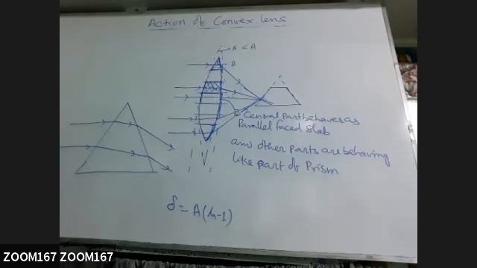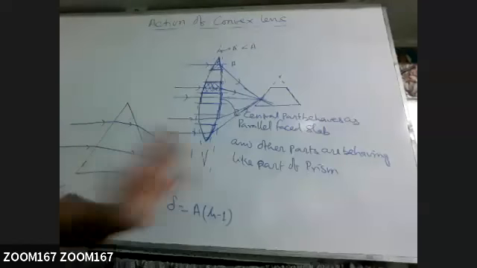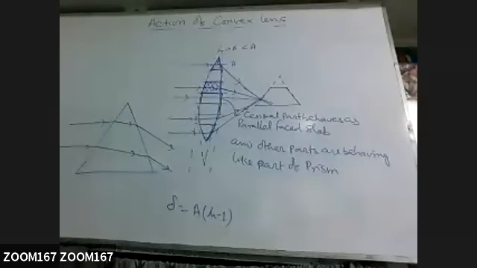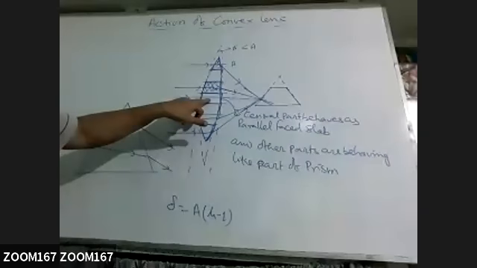Yes. Did you understand? Yes. So what is happening here? Different parts of the lens are behaving as prisms of different angles. The angle of prism is maximum for the part which lies at the periphery. The angle of prism is minimum at the central part, so it behaves like a glass slab, a parallel face slab.